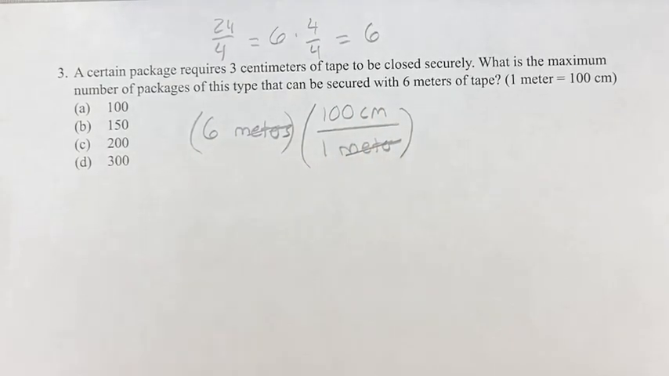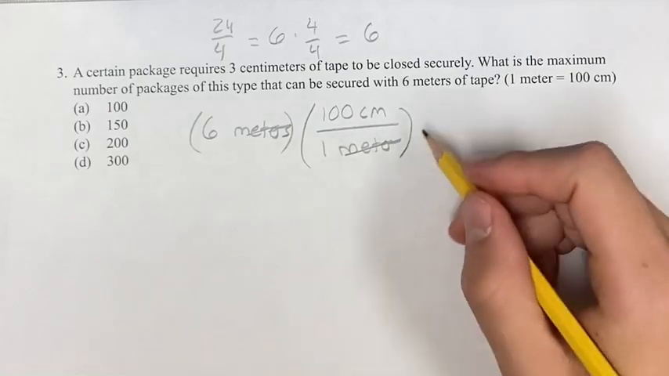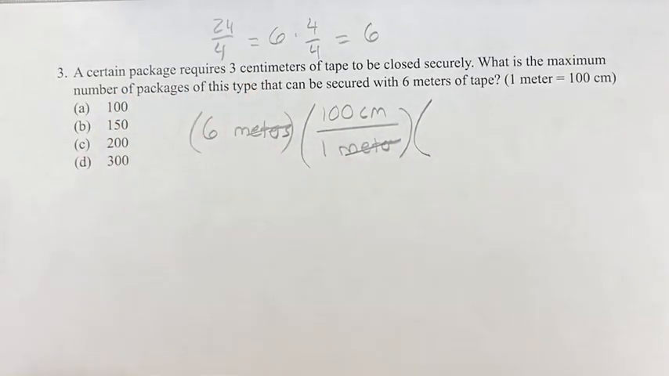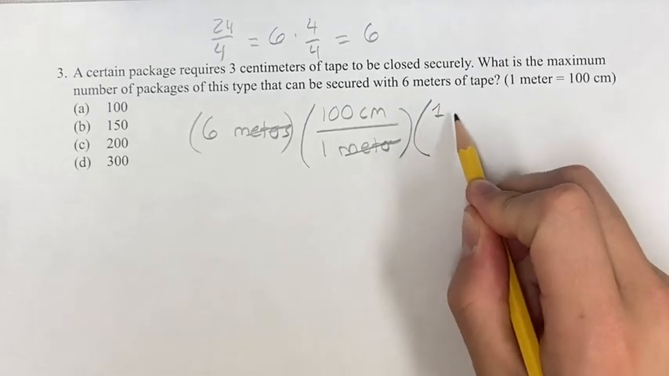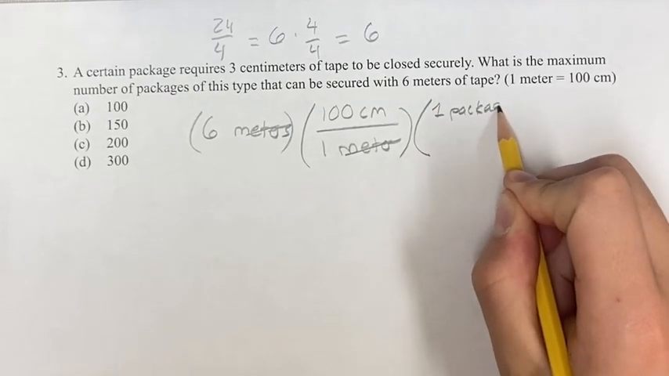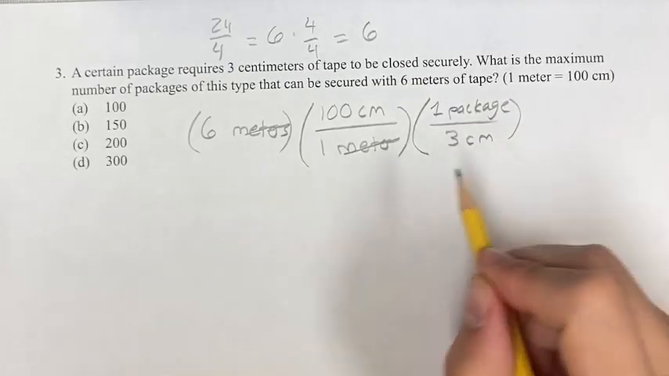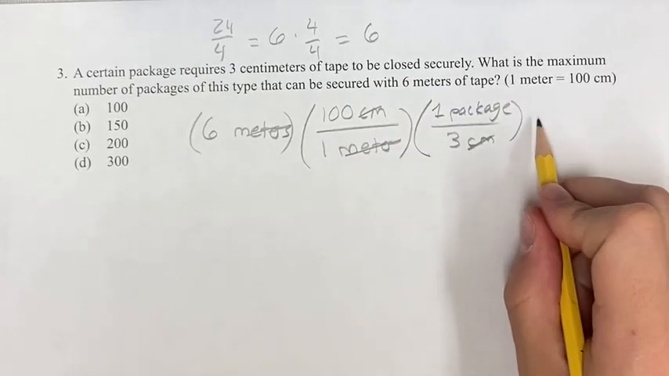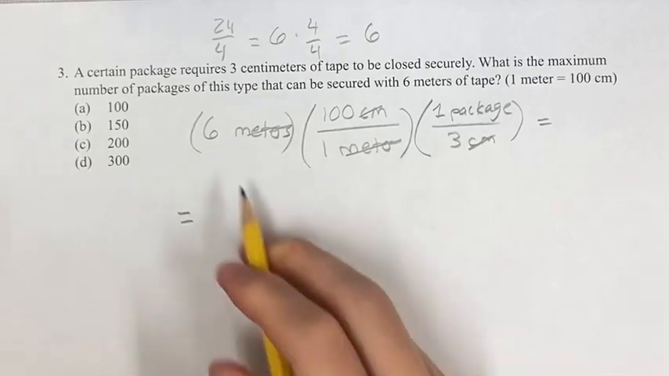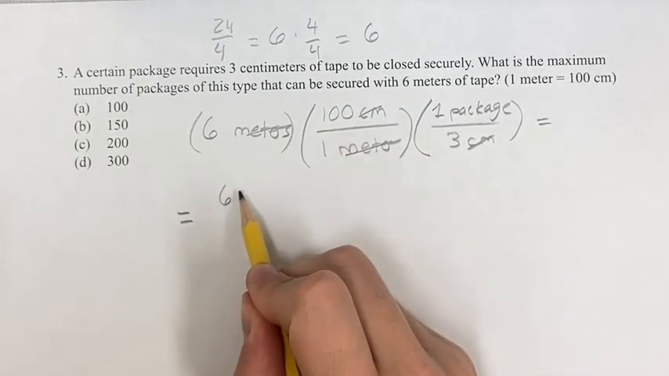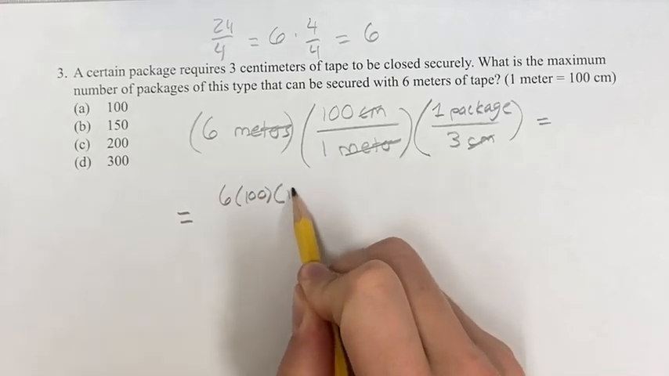And now we're going to do another unit conversion, which is a little bit weirder, because it's not like meters to centimeters, it's centimeters to packages. However, since one package requires 3 centimeters, we can just do one package over 3 centimeters, and this is going to give us the number of packages because the centimeters are going to cancel each other out, and we get, just writing everything that hasn't been crossed out, 6 times 100 times 1